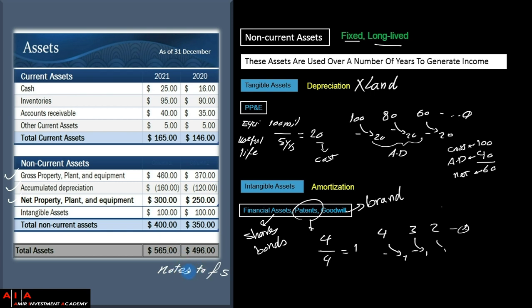The other point that I wanted to make before we leave this screen is regarding the intangible assets, and I already mentioned, especially when it comes to goodwill. Goodwill includes items that are not listed on the balance sheet, such as the brand value, the customer loyalty, the skilled workers and all that, right? And the point is that goodwill is reported and recognized only when a company, let's say, wants to purchase another company and pays more than the fair value of the net assets, right? And by that I mean